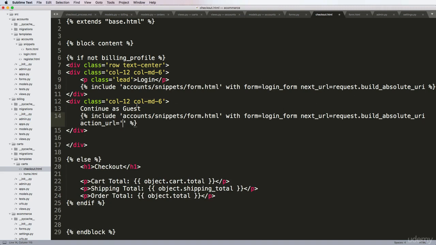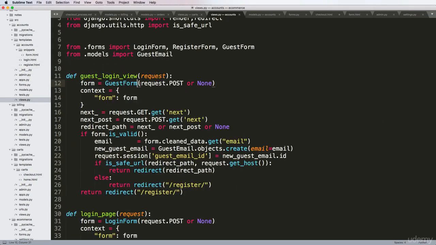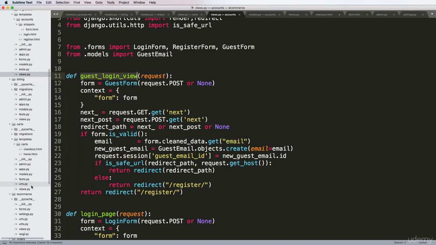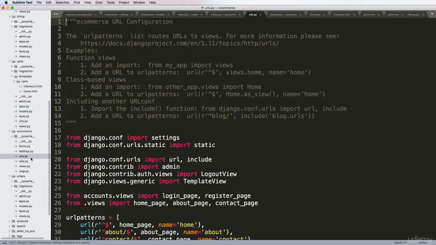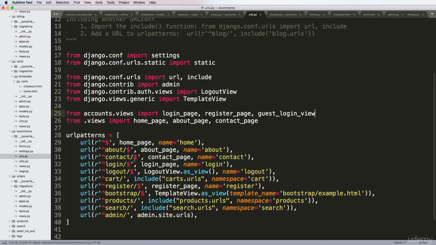And again, the login one, I don't have to change it because it's already there. So this one is going to have to go in. Let's grab our view itself, the guest login view. I'm going to bring it into my e-commerce URLs. We're going to import that one in. And I'm just going to do login